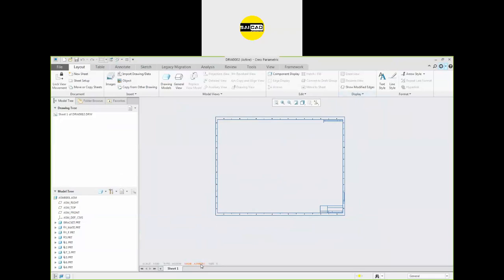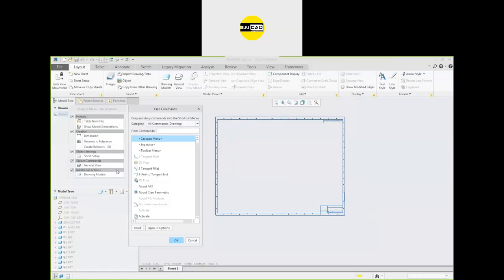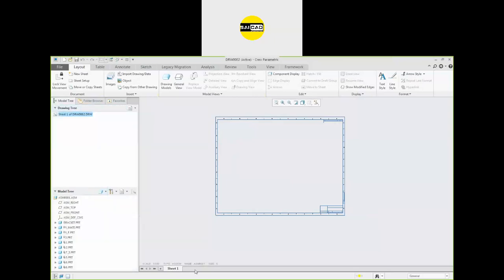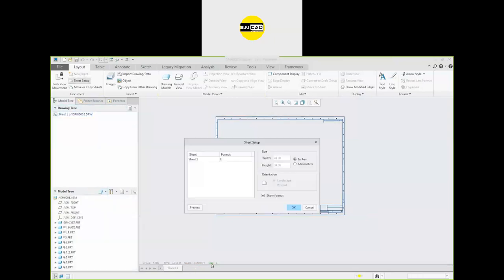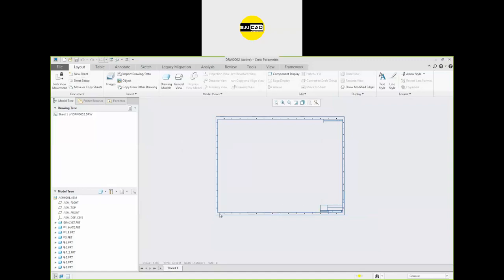Okay, so to see the properties of the sheet, you can just go to the properties from here. The size is E. E size right now is in inches, and in millimeters it is triple one. I think it's an A0 sheet size. Okay, so this is some standard size.